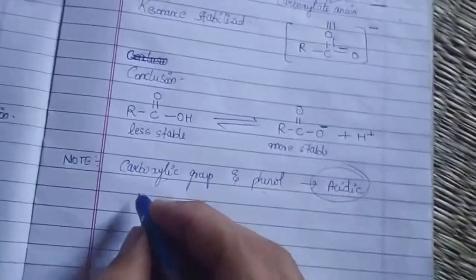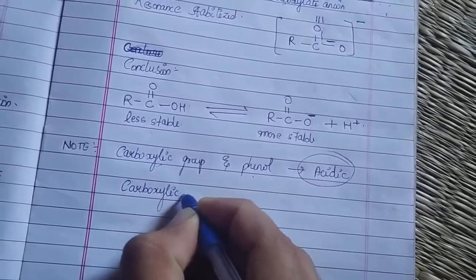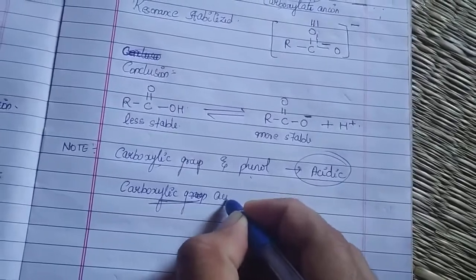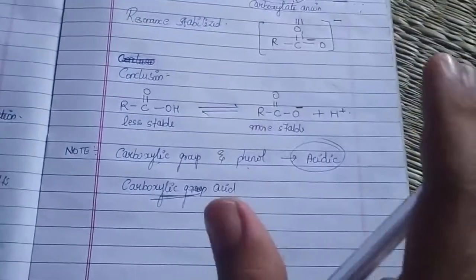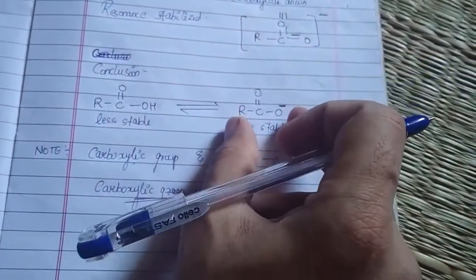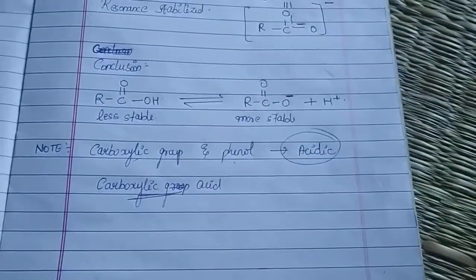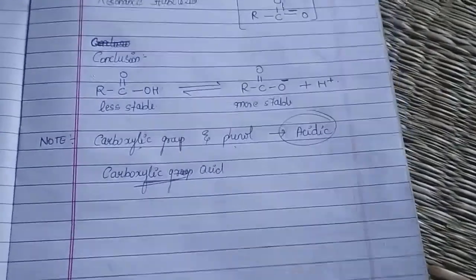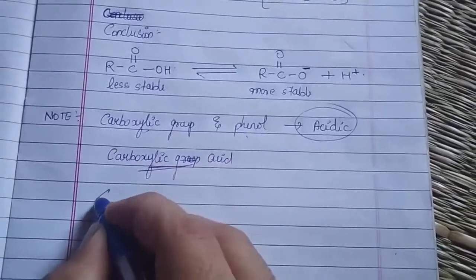Remember, your carboxylic groups will be more acidic. Carboxylic group or the carboxylic acid will be more acidic. Why is it so, sir? Remember, whatever resonance structures we are seeing of the carboxylate anion, they completely contribute to its resonance hybrid structure. But when we talk about the resonance structures of your phenoxide ion, if I am writing over here,